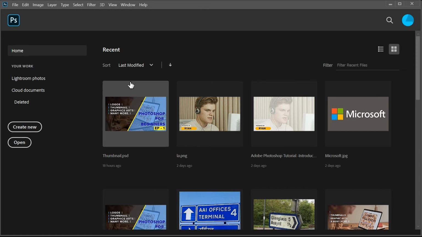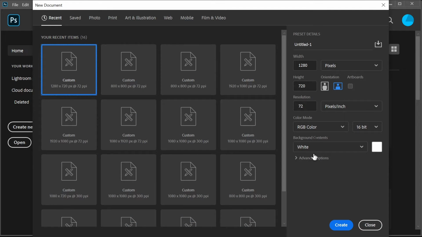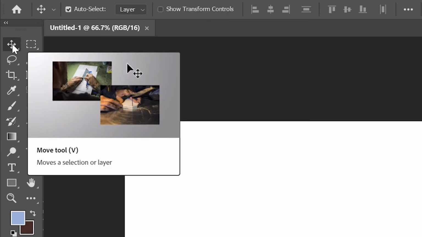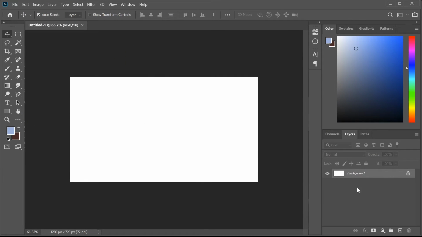First, let me quickly create a new canvas. We are using the same presets which we were using before in our introduction video. Here is the canvas. The first one is the Move tool. We can say the basic function or work of the Move tool is to move any selected object or pixels present